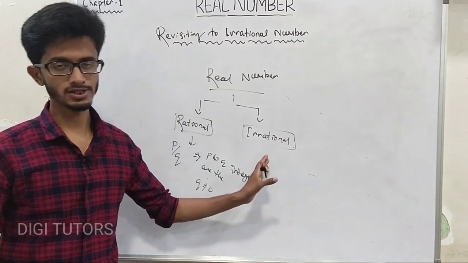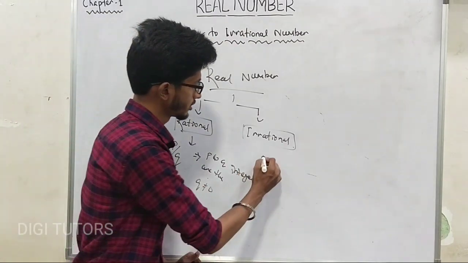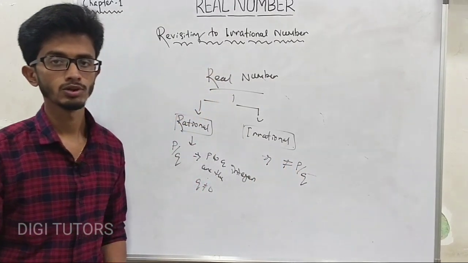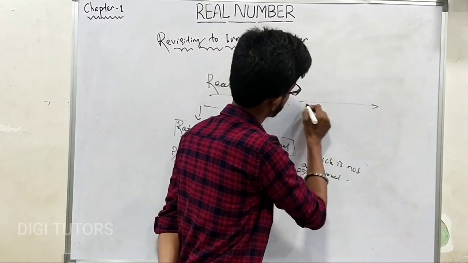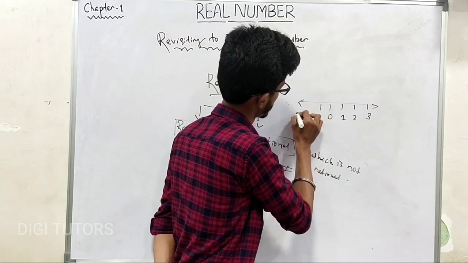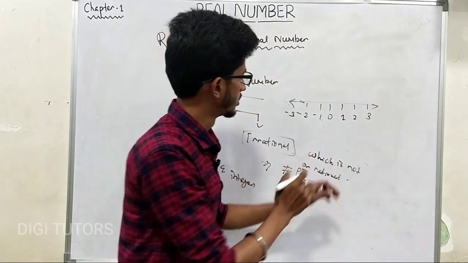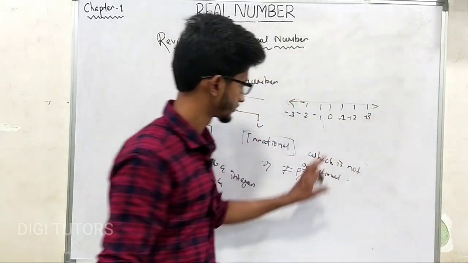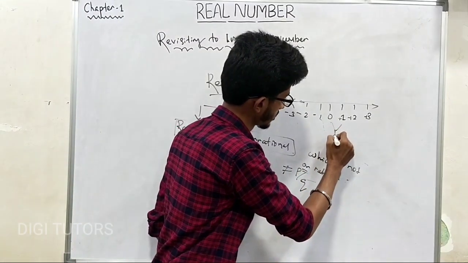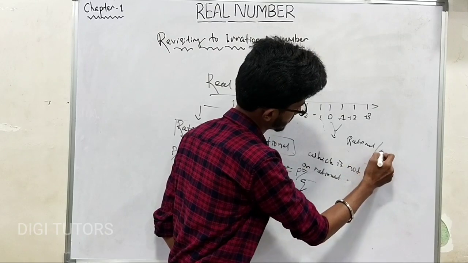And the next one is the irrational number, the main concept. An irrational number is one which is not rational, which means it is not in the form of p by q. On the number line, we have 0, 1, 2, 3, minus 1, minus 2, minus 3. In between two integers, positive or negative, there are many rational numbers and